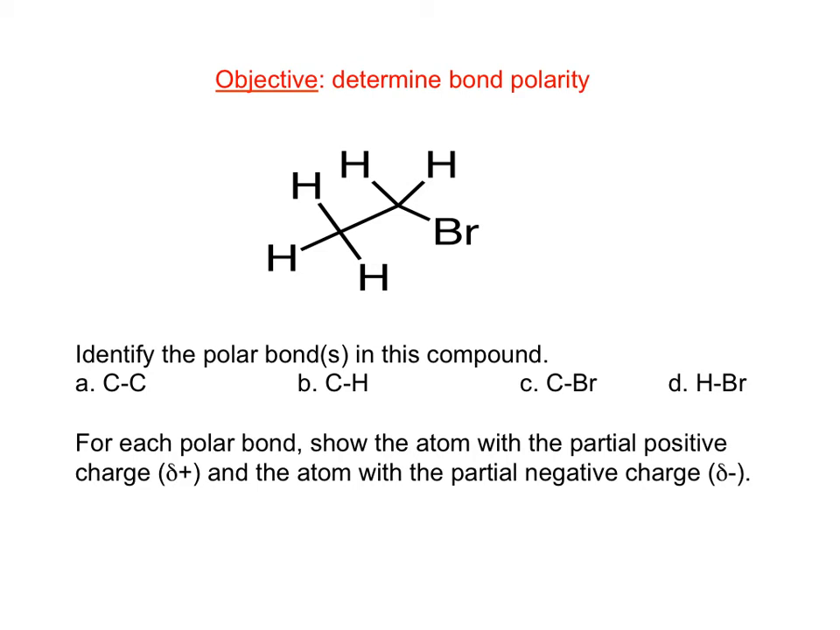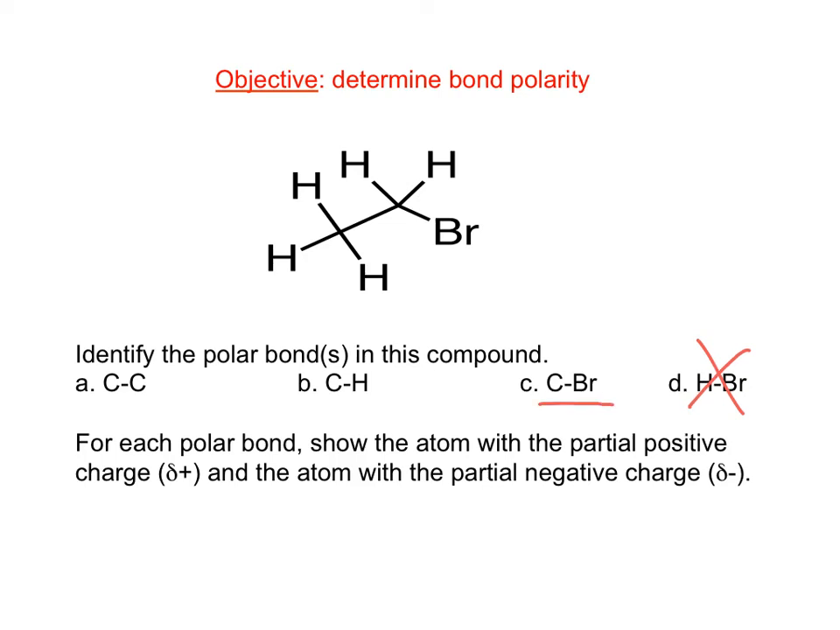Another important property is bond polarity, and we'll look at how organic compounds react with each other. So stop the video and identify the polar bonds in this compound. Well, there's no HBr bond, so this cannot be an answer. The carbon-carbon bond is a nonpolar bond, so the CH bond is a slightly polar bond and the CBr bond